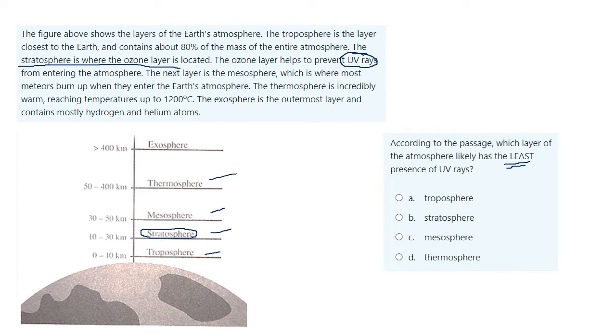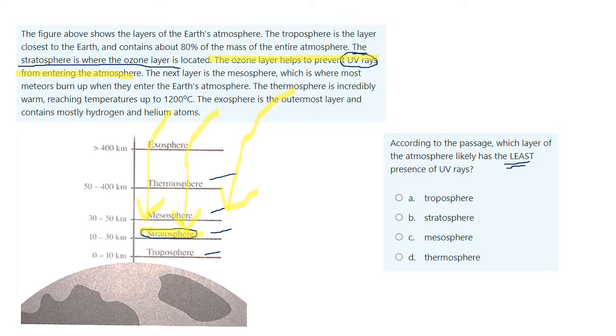So UV rays come in, and the UV rays hit the ozone layer, and the ozone layer prevents the UV rays from going through. The ozone layer helps to prevent the UV rays from entering the atmosphere. Now, the atmosphere here means the Earth's surface. It means the layer of the Earth close to the surface. So we have plenty of UV rays coming through the exosphere, the thermosphere, the mesosphere, but when they hit the